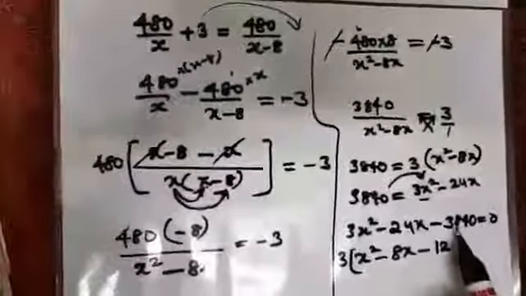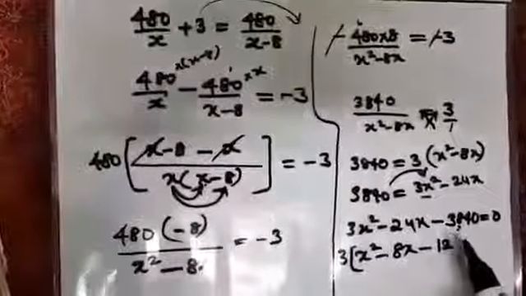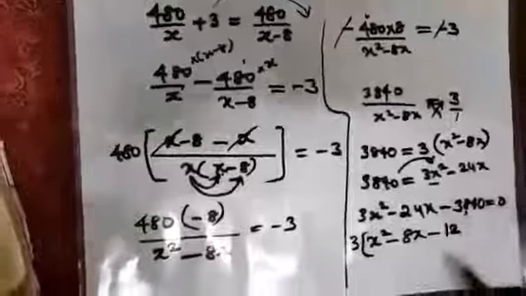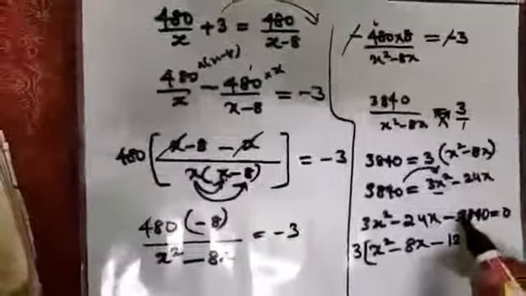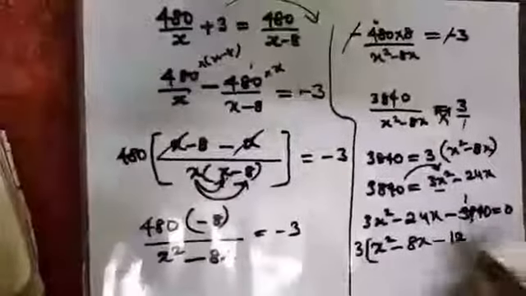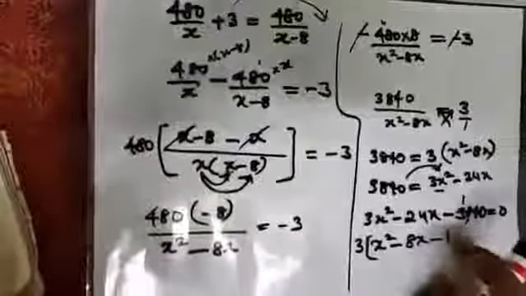I am cancelling this one. Mental calculation I am doing. If you are not able to do it, not an issue, you can just directly do it in simple words in your rough column. What I am doing, I am showing here, I am simply imagining 3 1s are 3, 1 comes here, so what will it become?